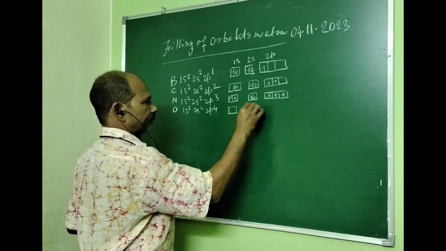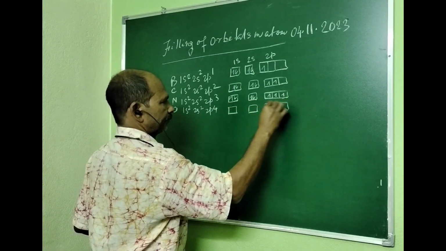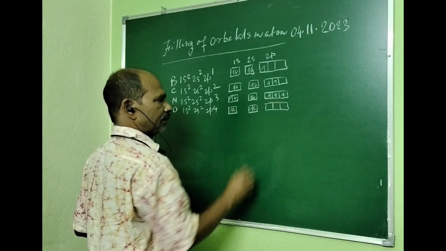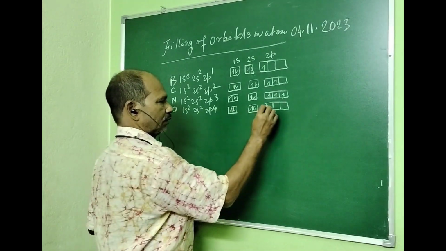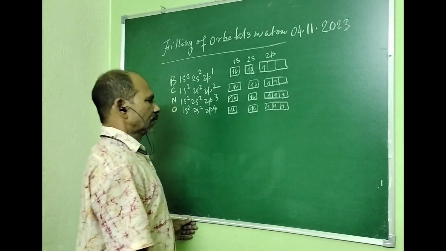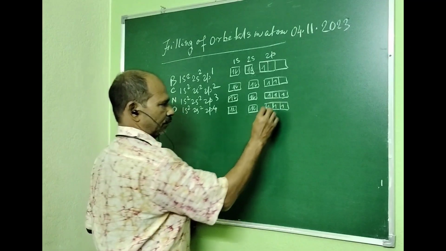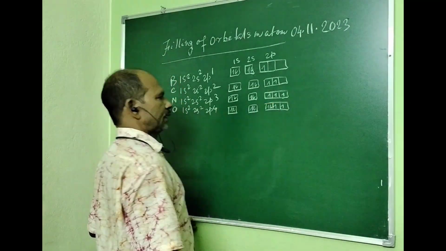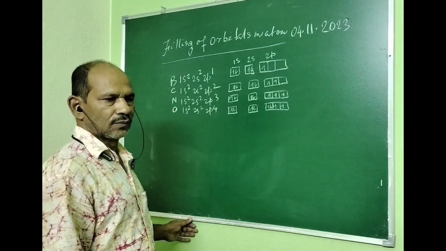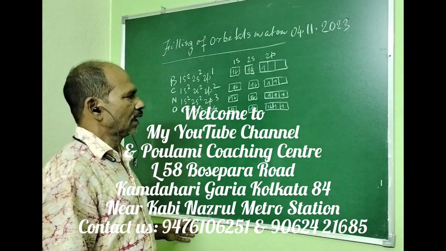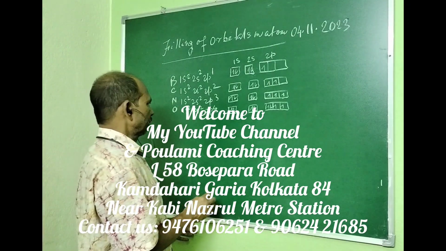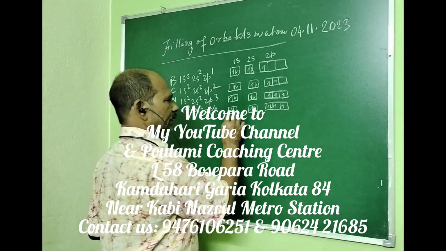For oxygen, what will be next? We have to put electrons like this. The fourth electron will be put in with antiparallel spin. According to Hund's rule of maximum multiplicity and the Pauli exclusion principle, the correct electron configuration of oxygen is